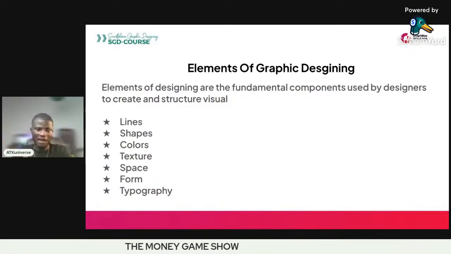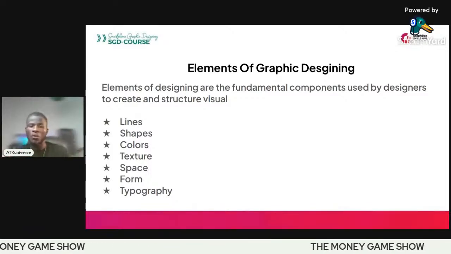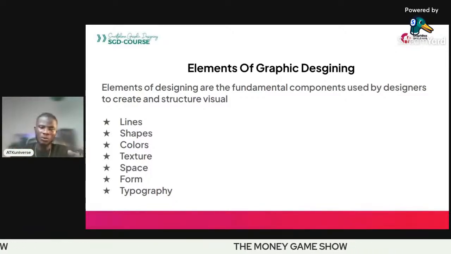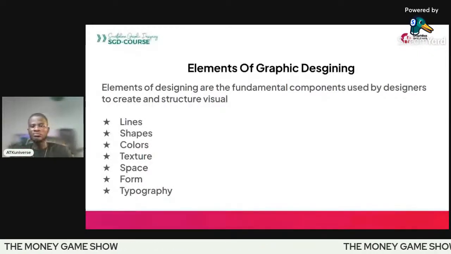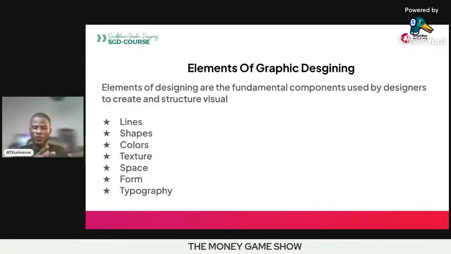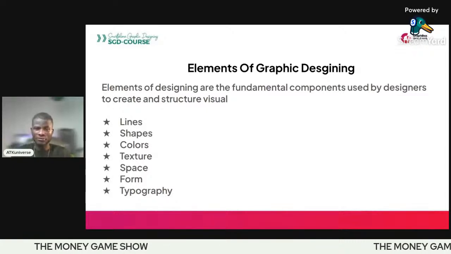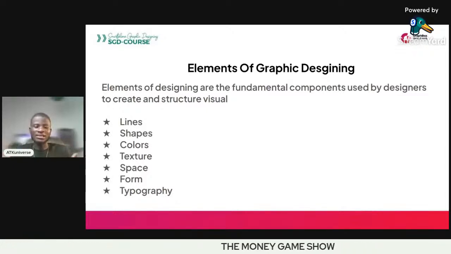Either there was a line, or a shape: a rectangle, a square somewhere, a hexagon somewhere, a trapezium somewhere. Shapes, right? Then the colors, right? Whether there is blue color, green color, or red color, these are what form the design. Texture is somewhere smooth, somewhere rough, something hard, something sharp. That is texture. You have the spacing, which is, for example, if you are talking about